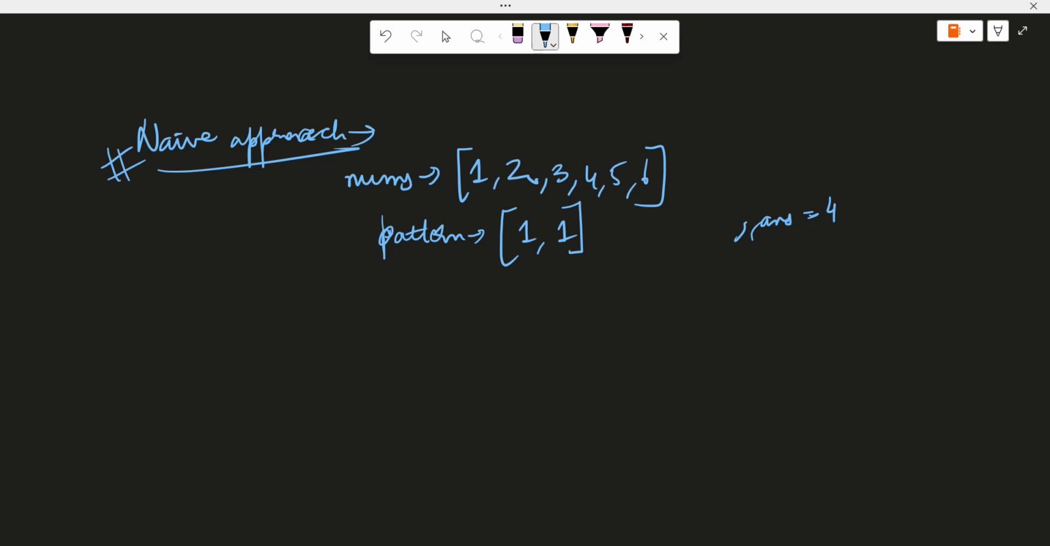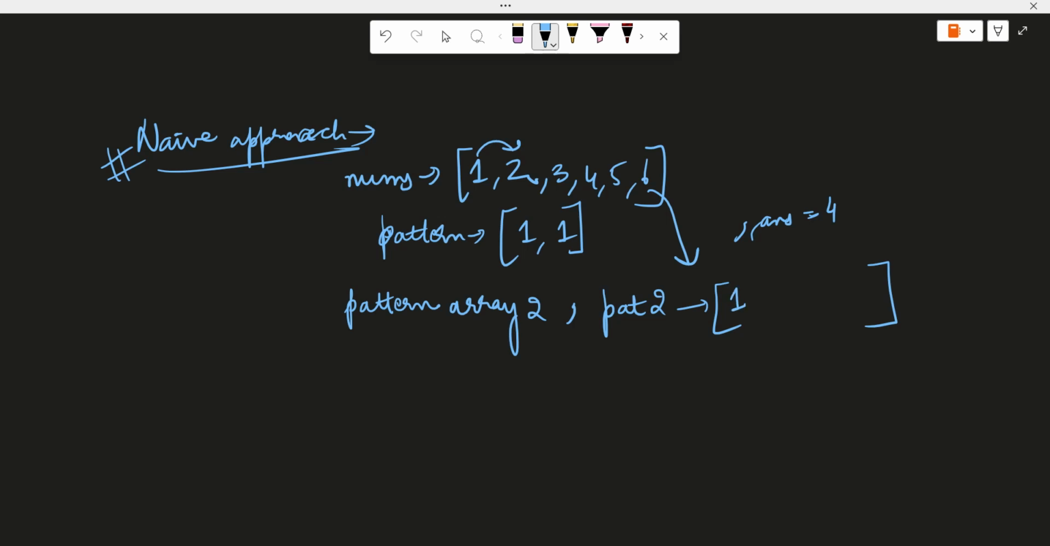we'll be calculating the pattern array for the nums array. Pattern array 2, we'll be naming it as pat2. And we'll be calculating this pattern for the nums array. So we'll be comparing each element, like 2 is greater than 1. So we have to add 1 over here, because in the question you can see, let me make you